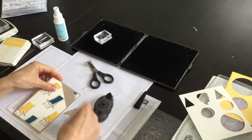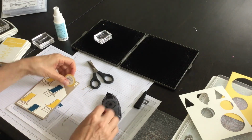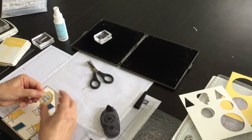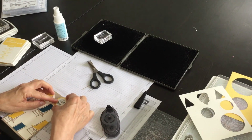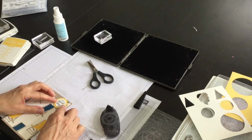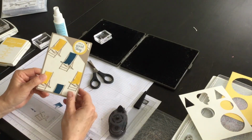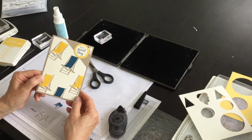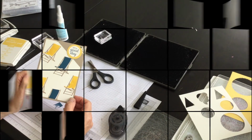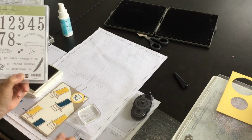Okay, so that's kind of cute. And I think then next I will adhere my phrase. I want it to fit in an envelope. I want to keep my phrase down a little bit, like so. And I'll be back in a second and we'll think about what we can do to fill in some of this white space. I think I figured out what I want to do in between all these deck chairs for